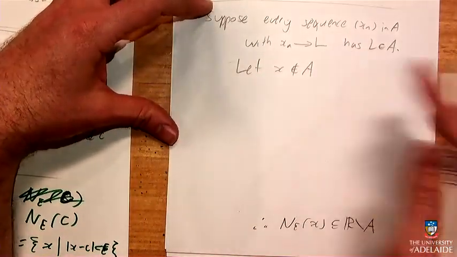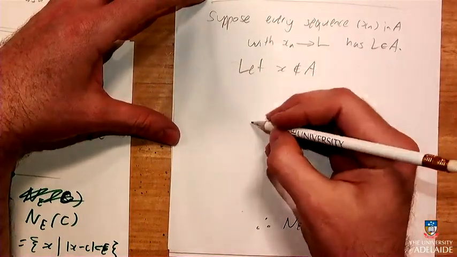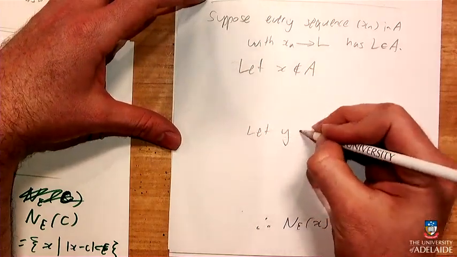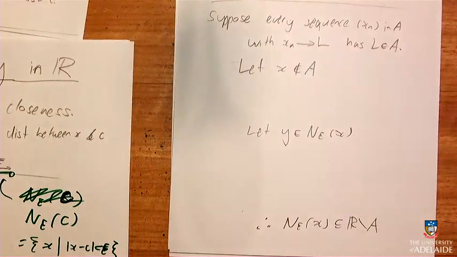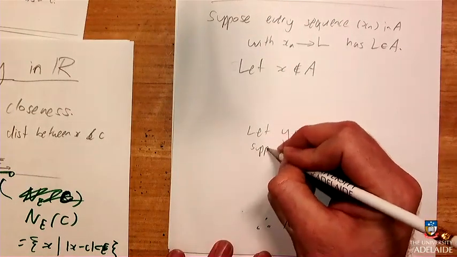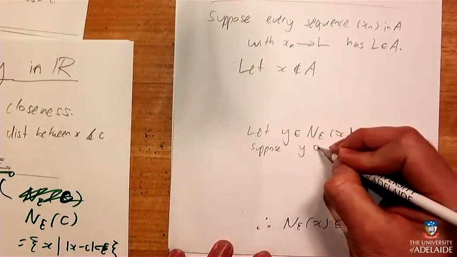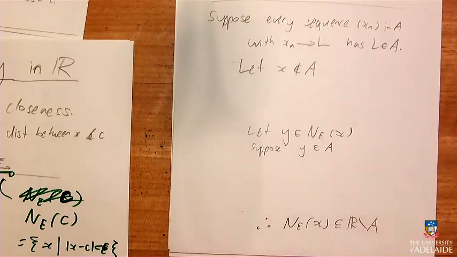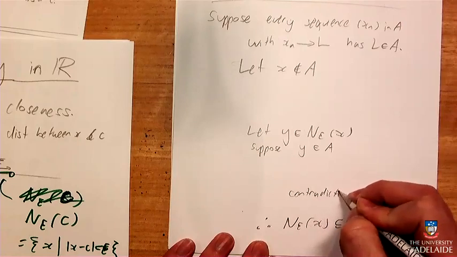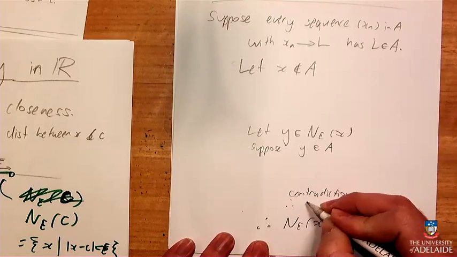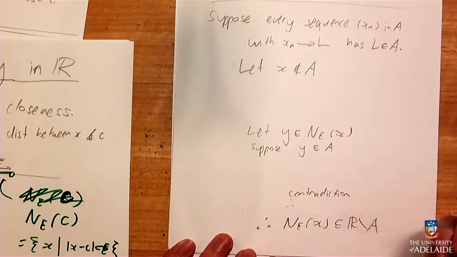But somewhere, once I've defined what epsilon is, I could say let y be in the epsilon neighbourhood of x, and suppose y is in A, and then we get a contradiction, and then we'll be able to say therefore y is not in A,